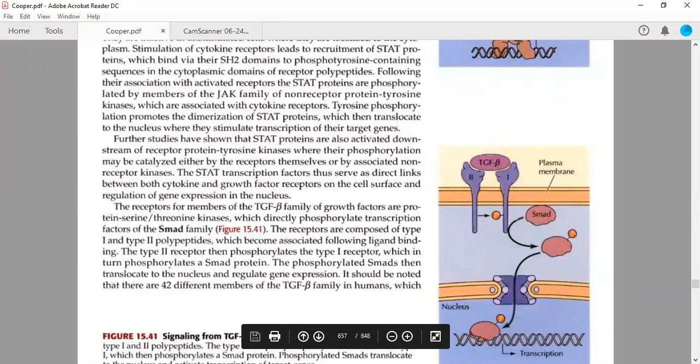genes directly. So this kind of signaling is also a direct kind of signaling where there are no intermediary protein kinases. It is directly activating the SMAD protein, and SMAD is acting like a transcription factor. The transcription factor will be activated directly by binding of these growth factors, and thus the gene regulation or gene transcription will be happening. So the receptors for members of the transforming growth factor beta family of growth factors are the